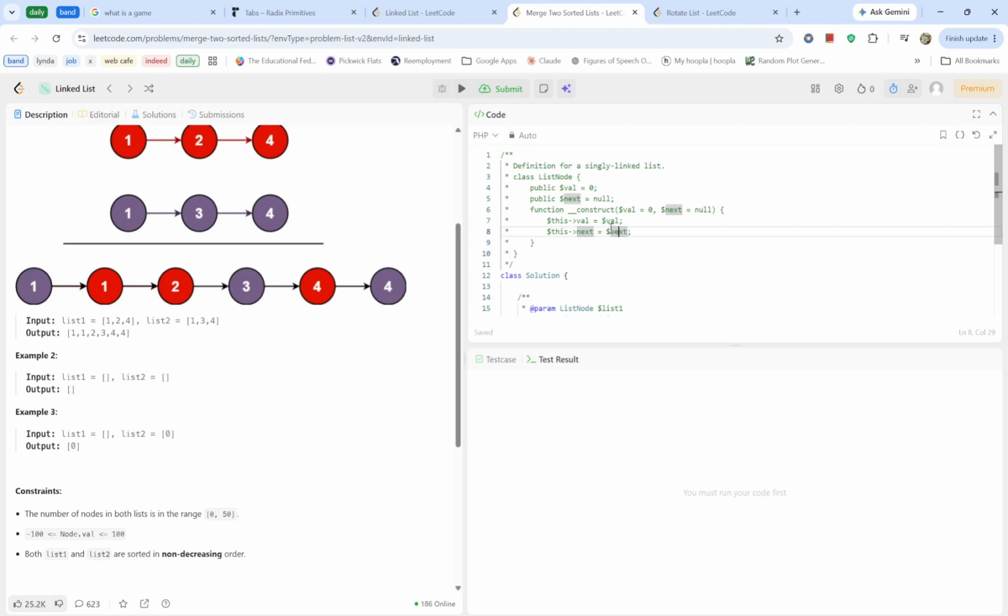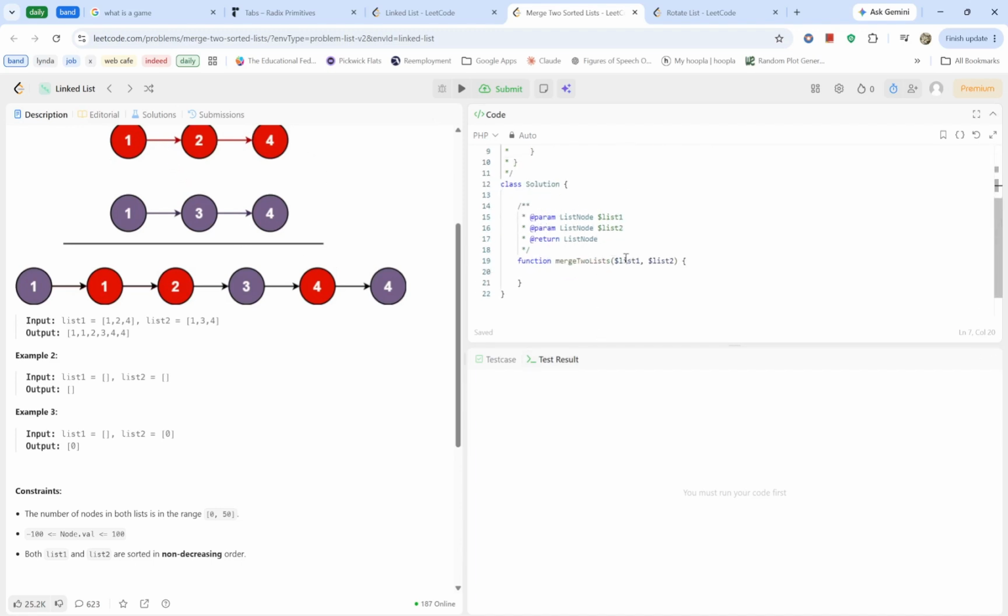Because the list node will have two properties: the current value, which is going to be the head, and the next. So if list one has one, and list two has one, how would I